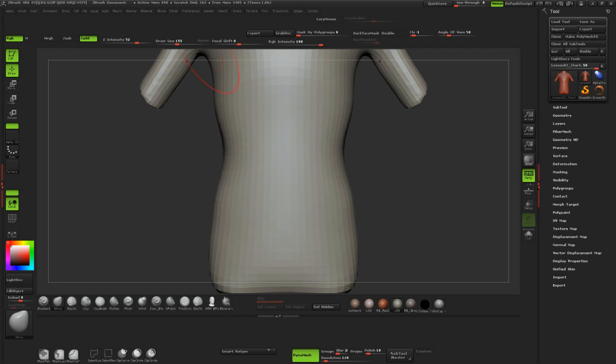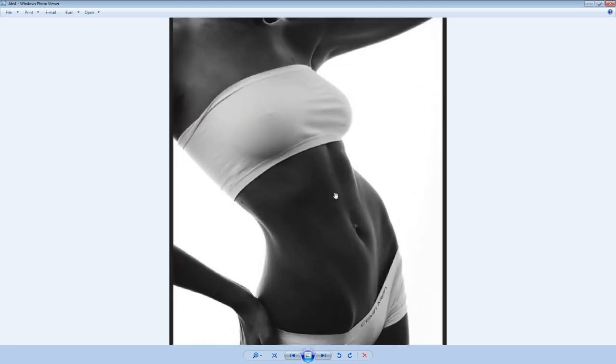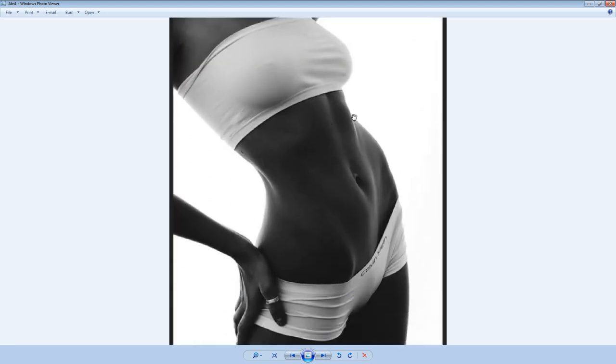So I'll go ahead and show you an image here if I can just find it. So this is a really exaggerated image, but you can really see how the external obliques go in and out towards the pelvis, and then you have the abs coming in from above, and the rib cage is right here. So you have this clear separation of the lines. And I know that there's an image here that I can show you guys where that is. It's just general